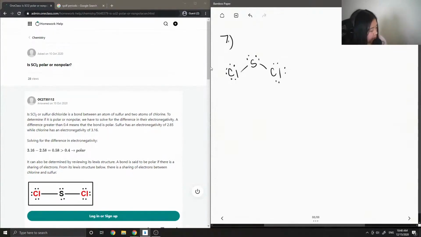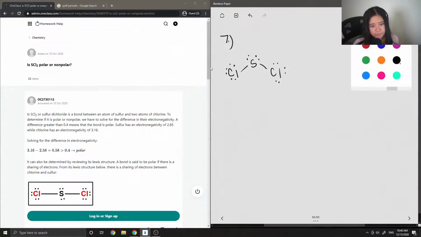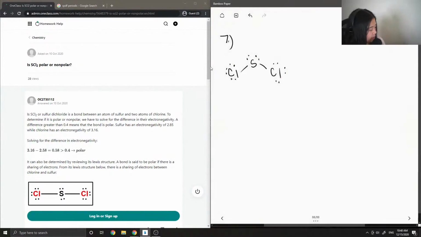We have 2 lone pairs on the sulfur, and then on the chlorine, we have 6 lone pairs in total. Well, 3 lone pairs, 6 electrons in total. And we can recall that chlorine is much more electronegative than the sulfur. So we can show non-zero dipole moments being formed